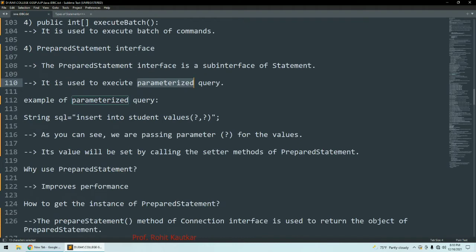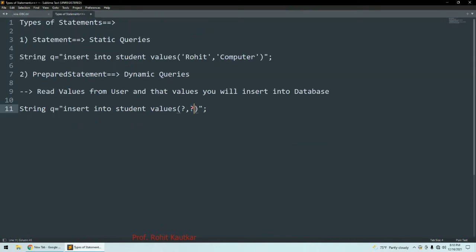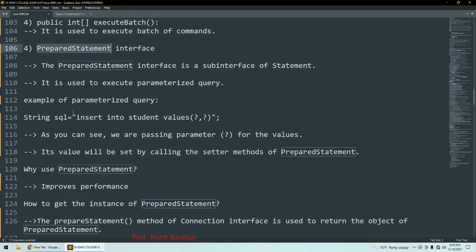There are certain methods available within prepared statement interface that we are going to use for setting these parameters. See the example here, string SQL insert into student, and here we are writing this question mark instead of values. So for passing parameter we are using this question mark, and it represents the values.